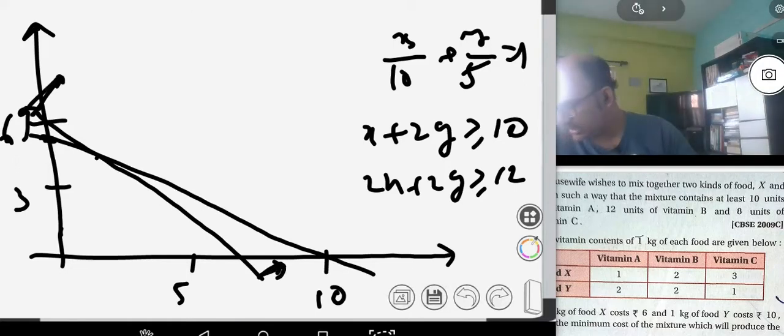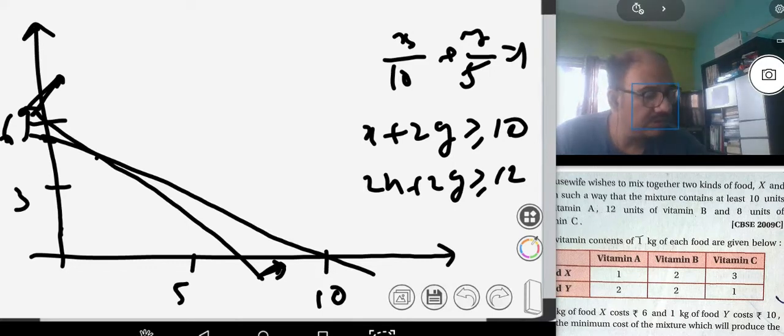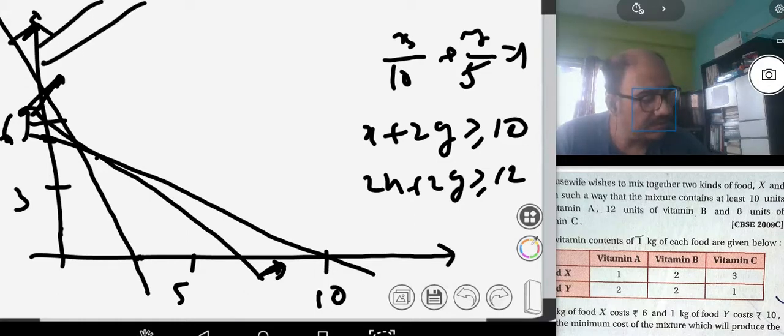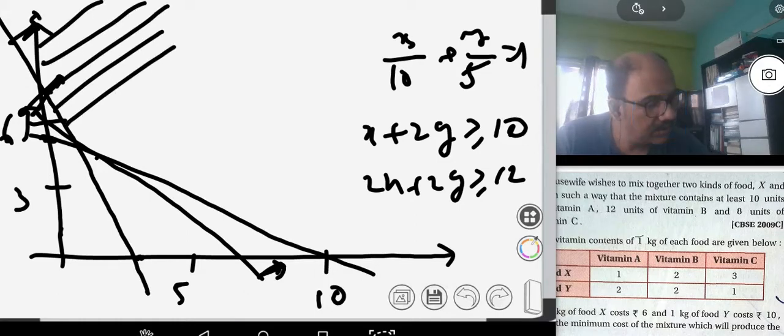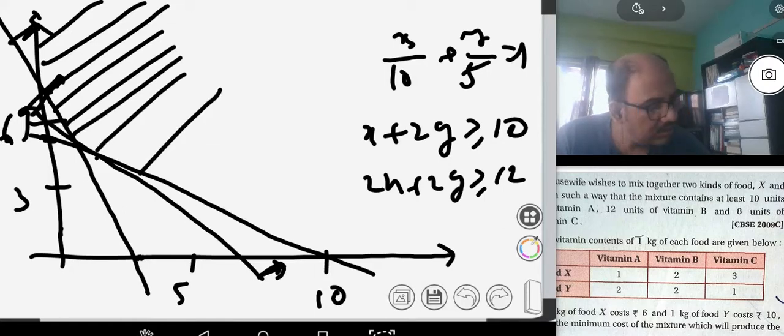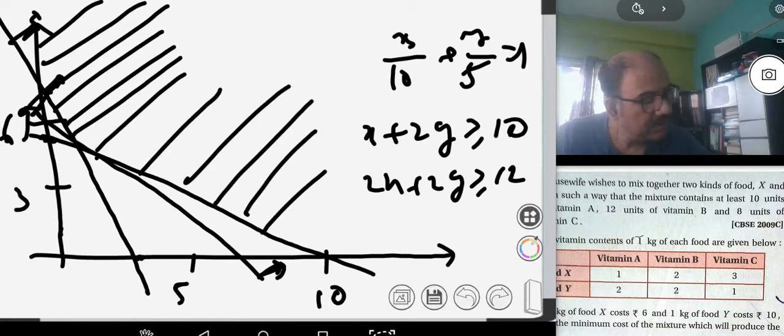And the third equation was 3x plus y is greater than or equal to 8. So that means x by 8 by 3 and y by 8. So it is something like, here it is 8 by 3. So it will be something like this. And this will also be away from the origin. Hence our feasible region will be this, this is the feasible region, and we have the boundary points like this, 1, 2, 3.